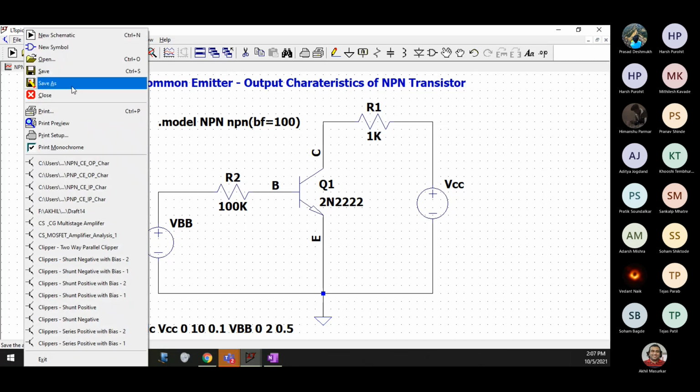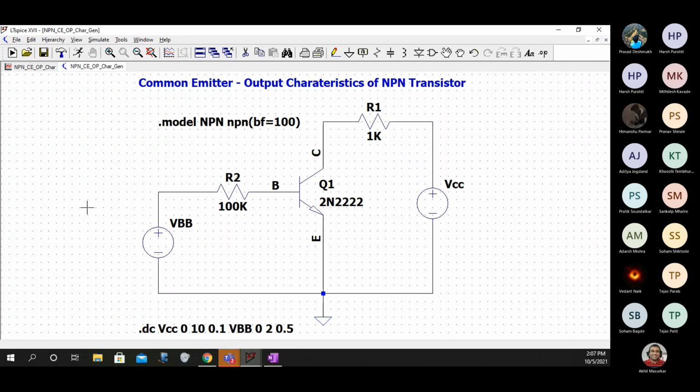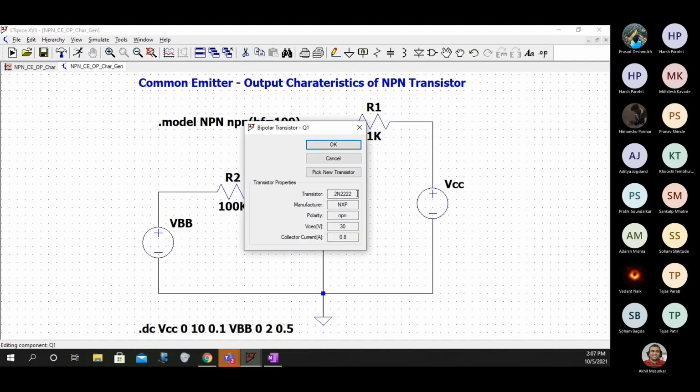I'll just save it as something. When we say generalized, ideal thing, so what I'll do in this is, here, using a transistor which is not from the standard list.